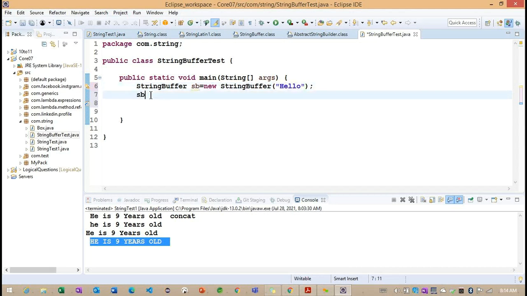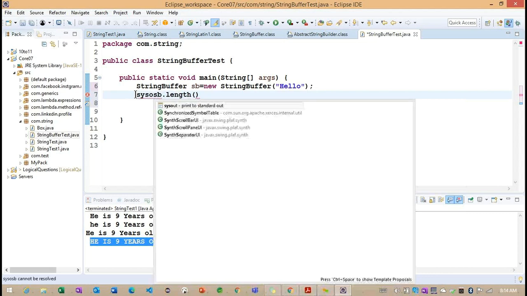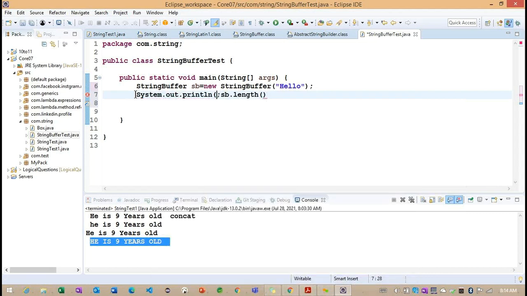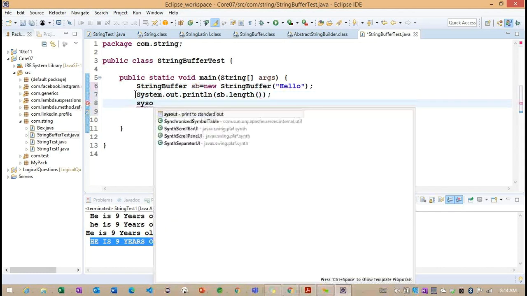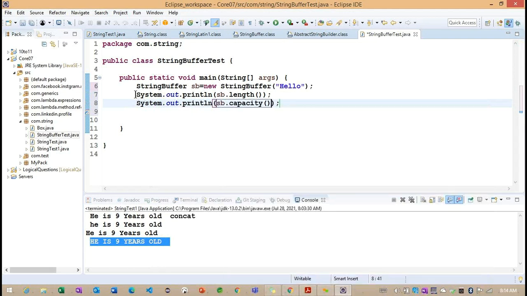Hello. I want to specify sb dot length, I want to check the length. So between this println method, one more: sb dot capacity.